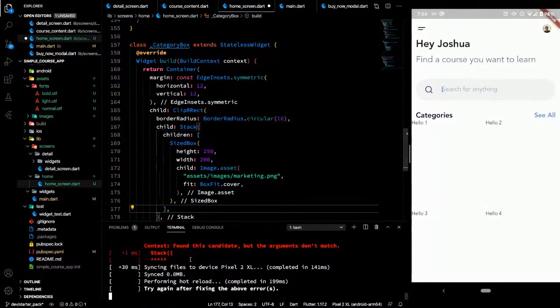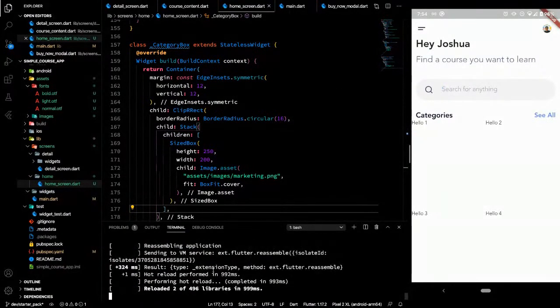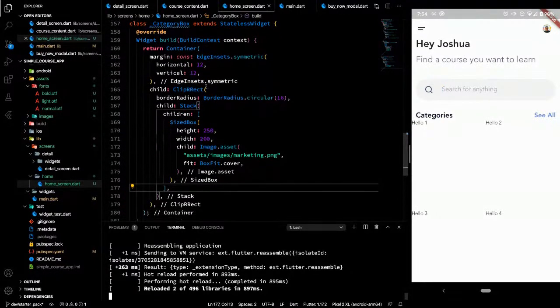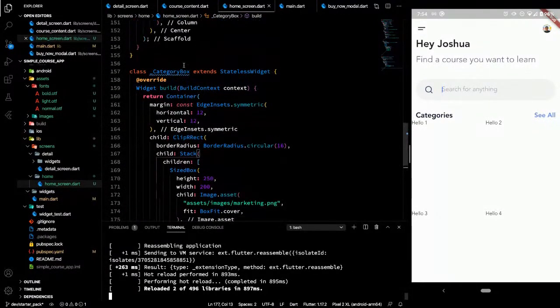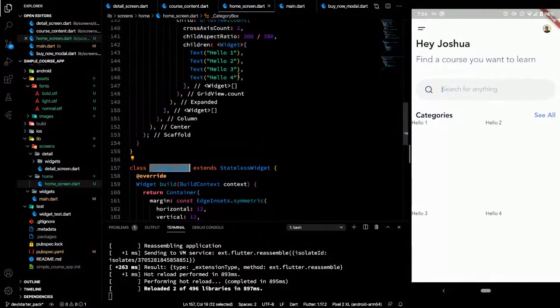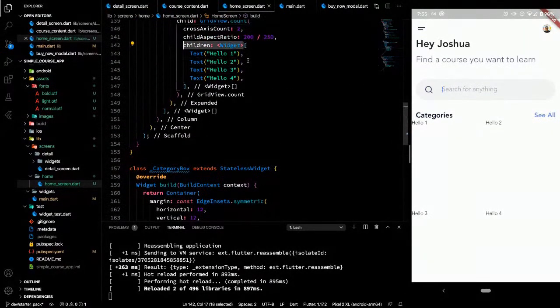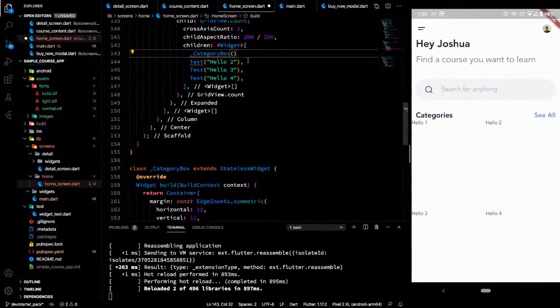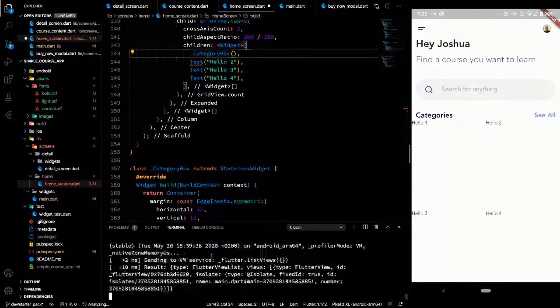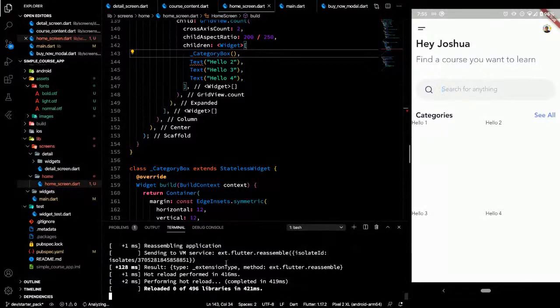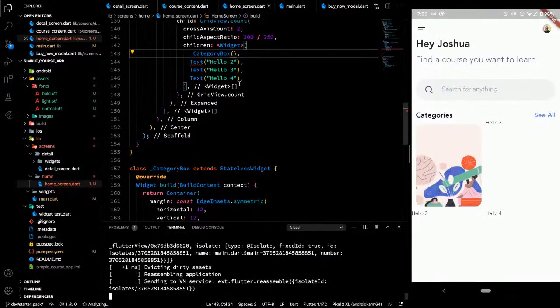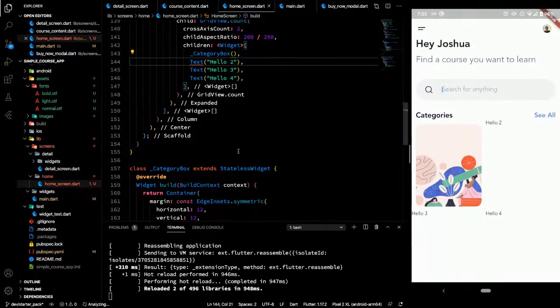Okay, this works, but it's not loading because we haven't called the widget. So the thing here, we have to remove this one and run. All right, it's there. So it's actually done. The colors are already there.